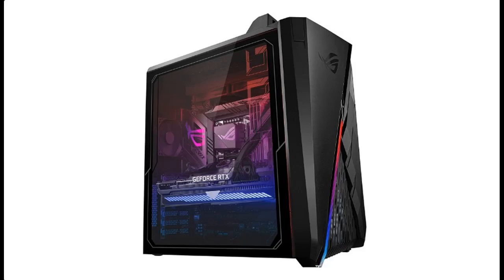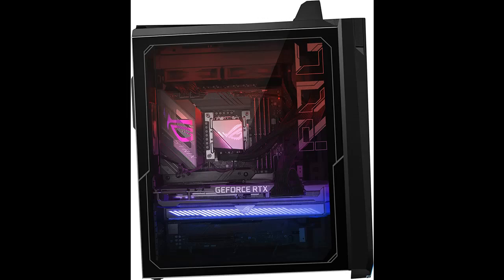Introduce highlight features or overview summary for 2023 ROG Strix GA35CA Gaming Desktop PC. You can find what you want, shop from a wide selection of devices in different configurations for your needs, filter by specification type, brand and more. Highlight features or overview summary include: more cores, more power, swift through any task with